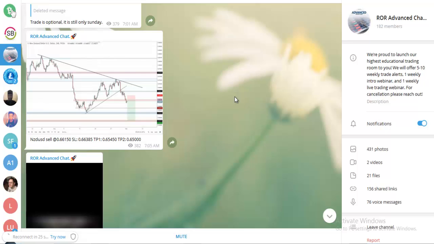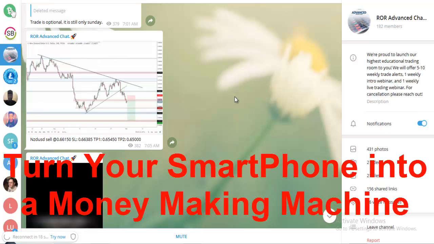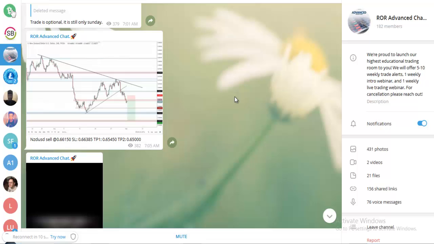So forex trading is one of the easiest ways to make money online if you know what you're doing, right? So for all those forex millionaires that you see out there, they're making a consistent amount of money just trading forex, trading from their mobile phones, desktops, or laptops, on the go.